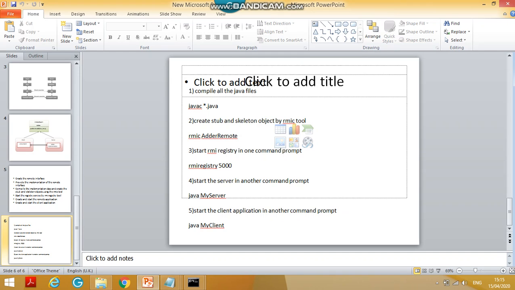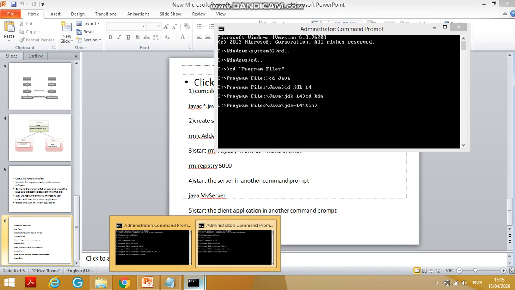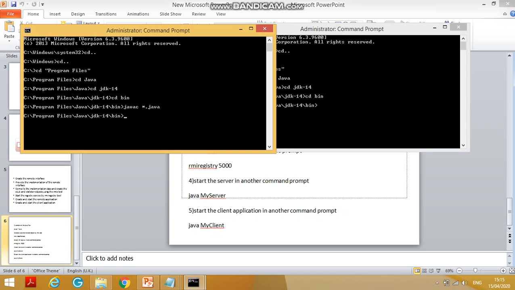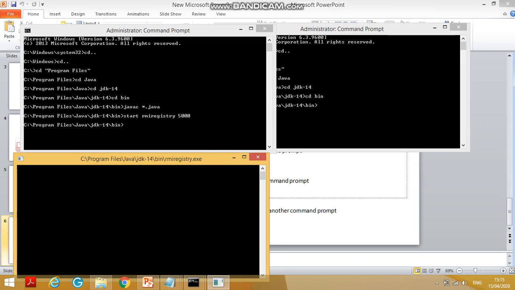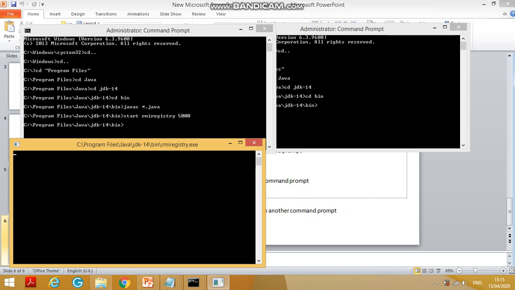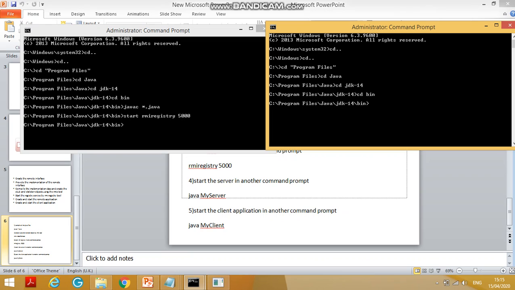You can also use the first cmd. Write start rmiregistry with the port number. When you do this, another window starts, so your machine is ready.